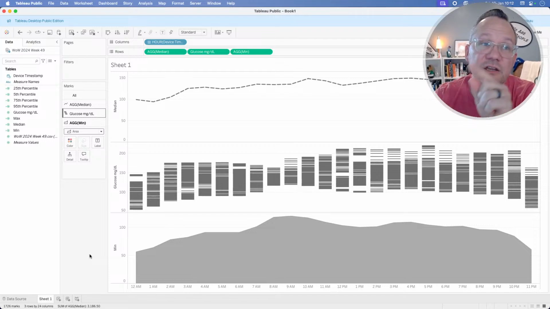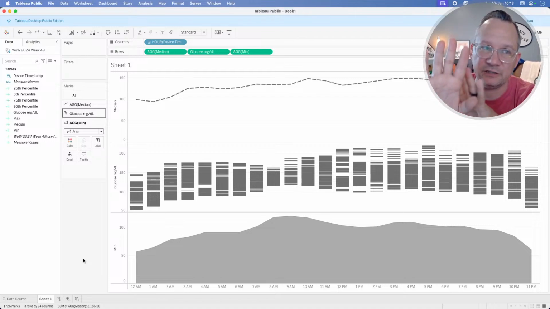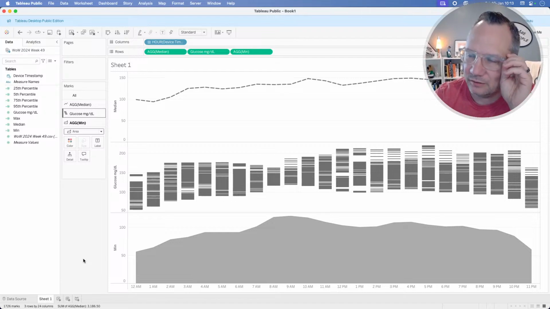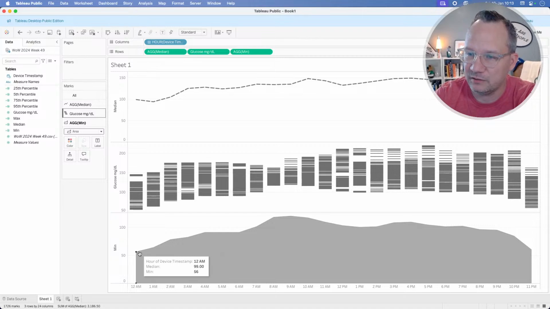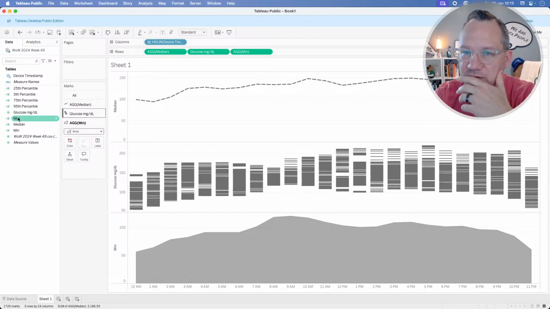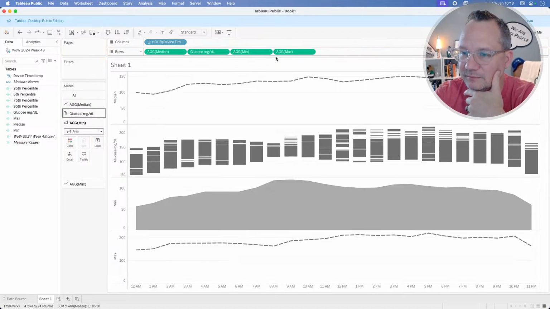This is one of those tips and tricks that are not widely used or known about. The way that you build this is by unstacking area charts and then layering them in the correct Z order, which is pretty cool. So we have the minimum here, and I can see the maximum,